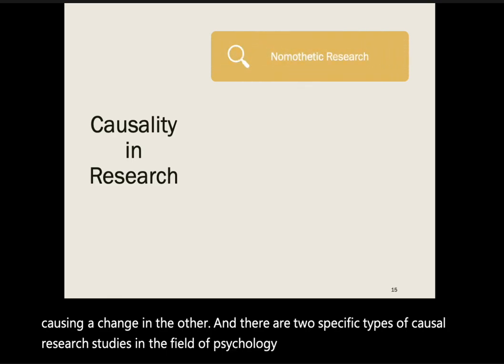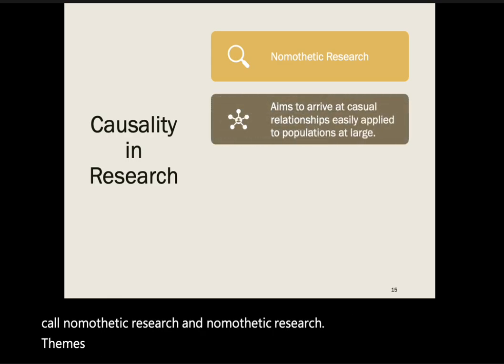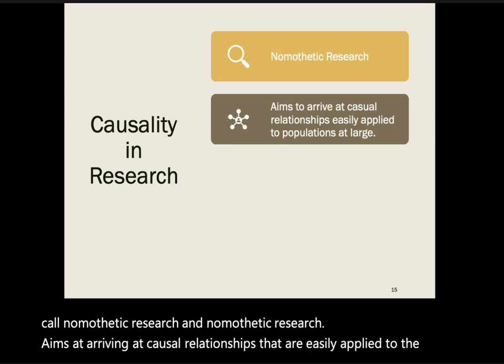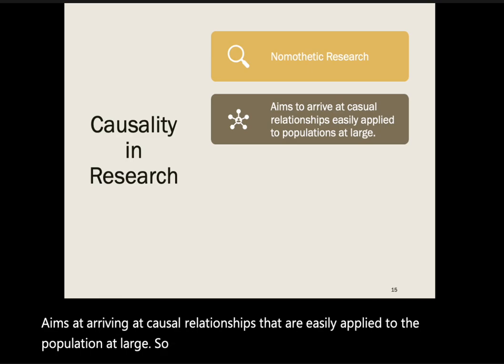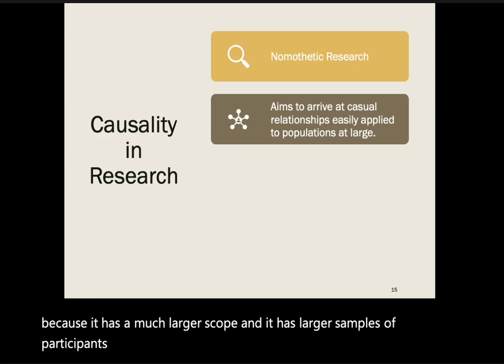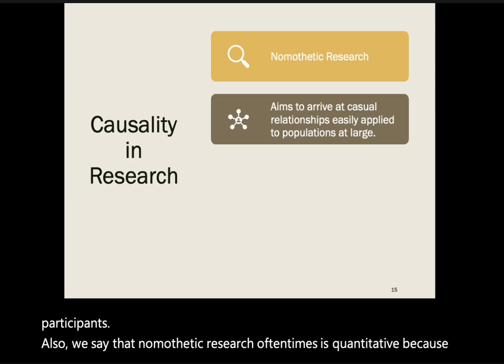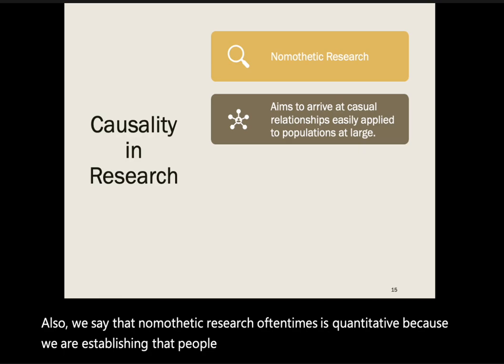The first of those is what we call nomothetic research. And nomothetic research aims at arriving at causal relationships that are easily applied to the population at large. So, oftentimes, nomothetic research is quantitative because it has a much larger scope and it has larger samples of participants. Also, we say that nomothetic research oftentimes is quantitative because we are establishing that people in a broad category will